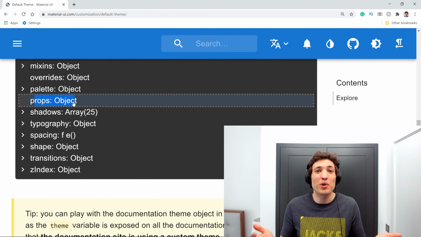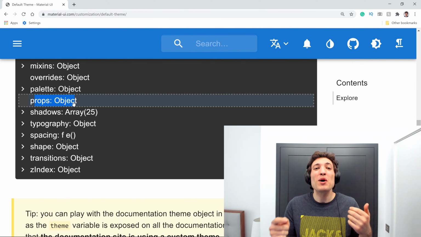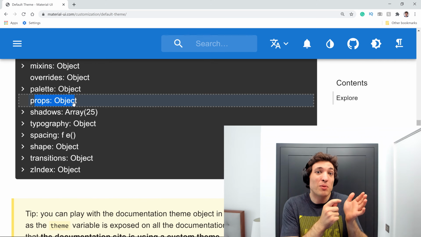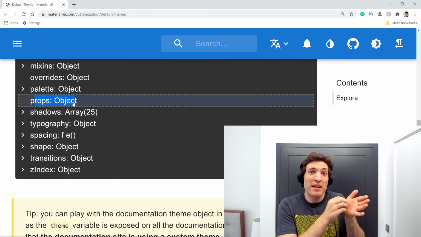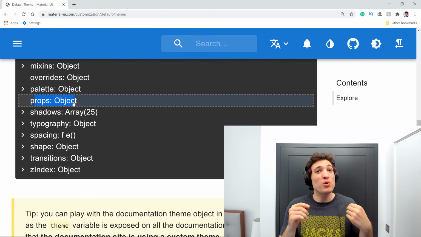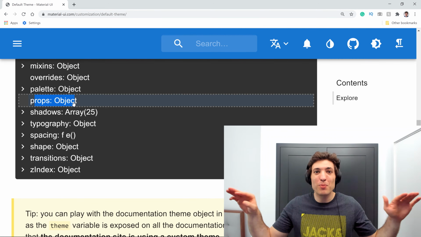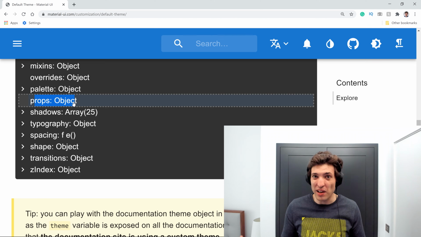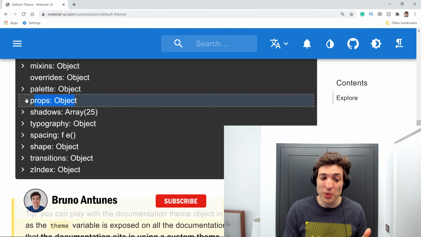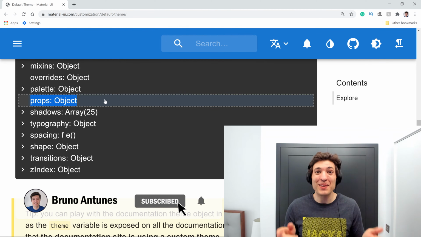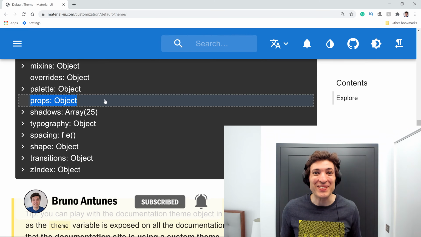Also, some other companies probably don't like the fact that on Material UI, when you click on a button, it does that ripple effect. So you can also pass that ripple effect as false, so all your buttons in the application don't have the ripple effect. And those we will do using props. So without any further ado, let's jump into VS Code.